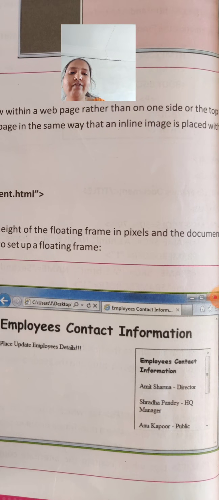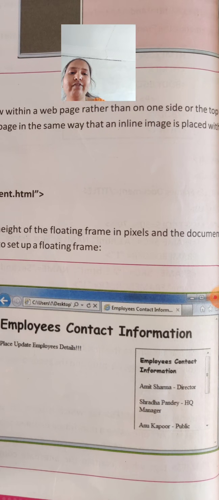We can see here, the syntax is iframe width equals value, height equals value, and src equal to document.html. See here, to make the window look like this, we are using the code like this. See carefully, at the start, that is HTML, head, title, body, we have to give it like that, and they have given the font face, and here they have given iframe width 200, height 300, align right.